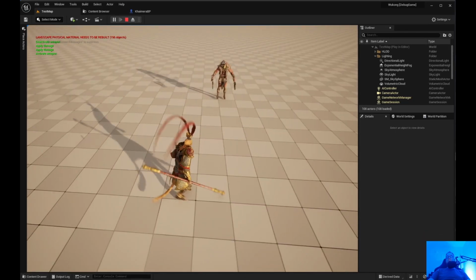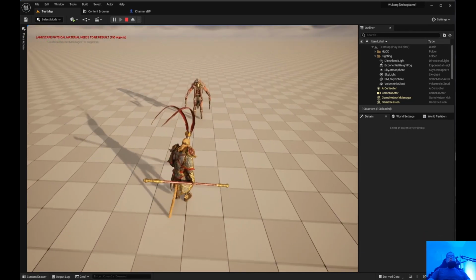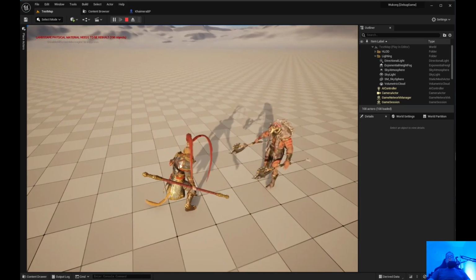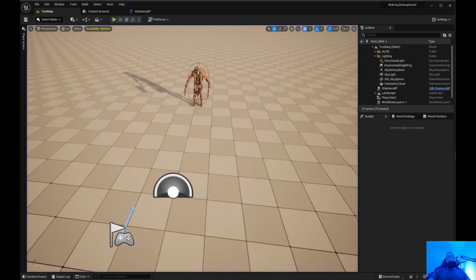So now we will be able to do damage. But the next thing we need to do is get this Chimera character animated, and we will do that in the next video. That's all I wanted to do for this one. Next video we'll get the enemy at least animated as far as idle. And then after that we are going to start